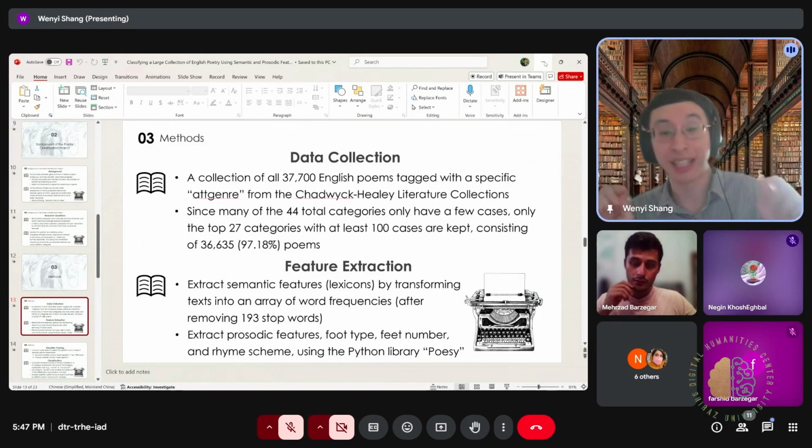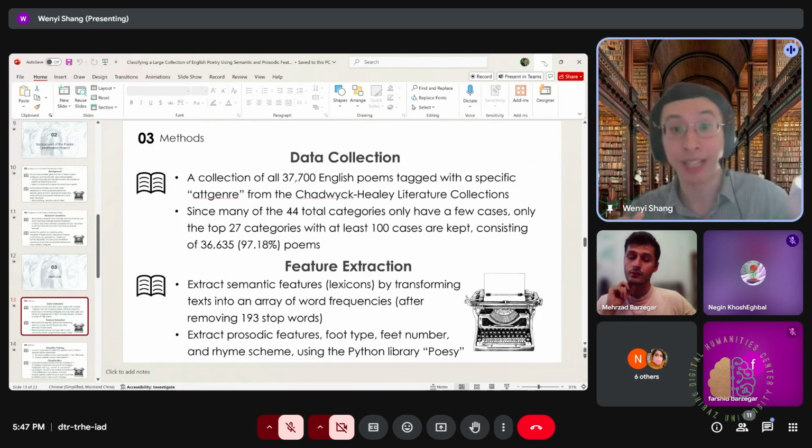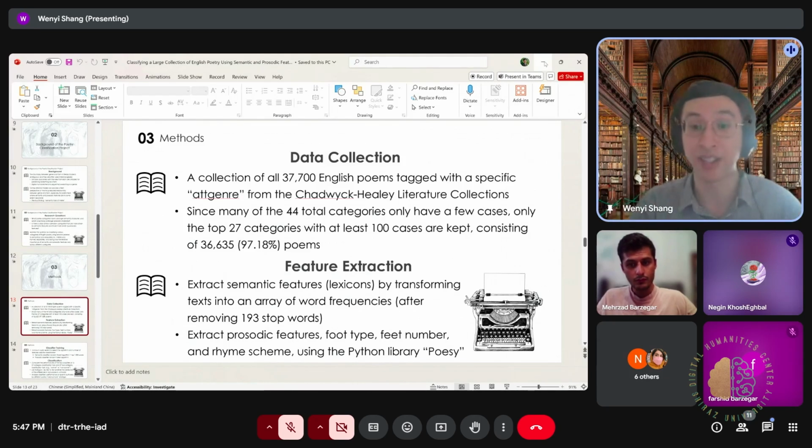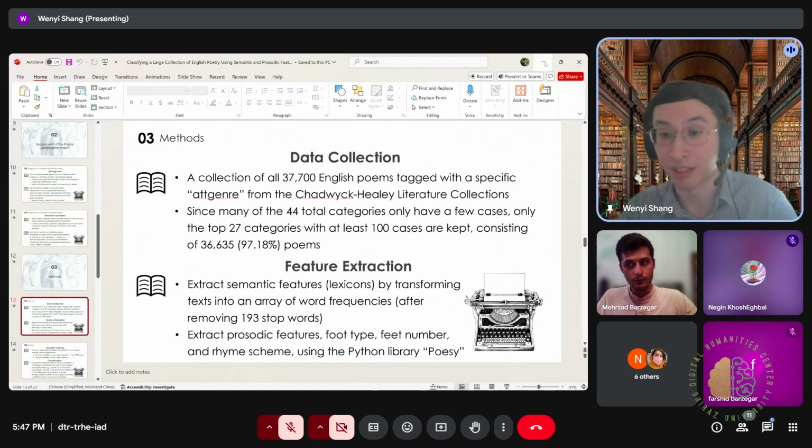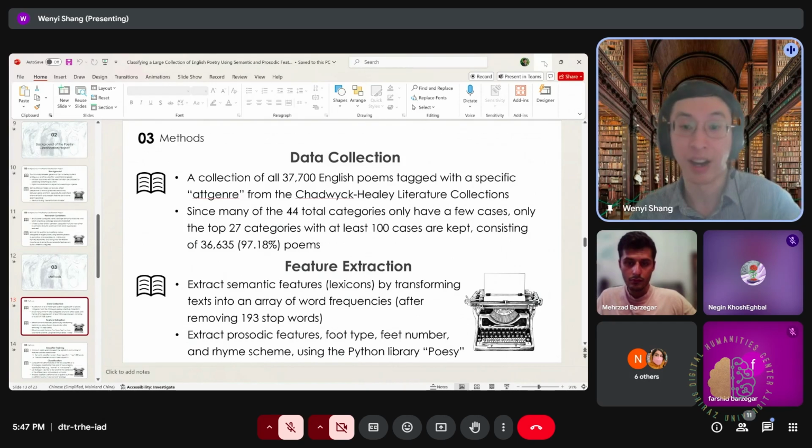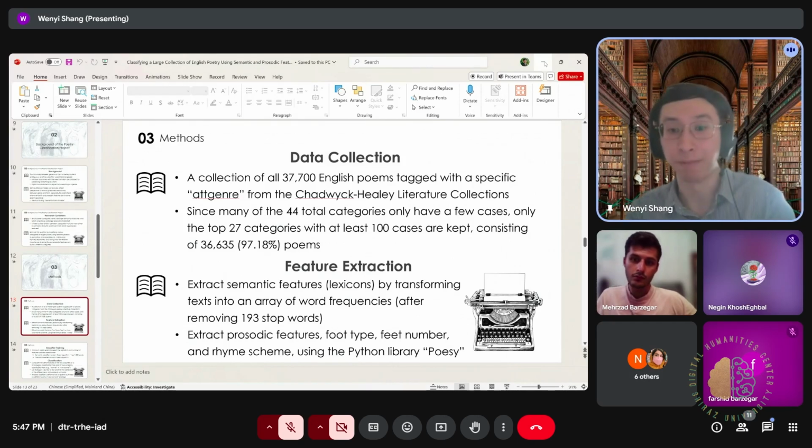So because canonical poems consist of only a very small proportion of the entire literary history, if we can include the great unread, it will be better for us to understand what is going on. But in this case, we're still analyzing the somehow canonical. We're just analyzing a large collection of canonical poems. There are some modern poems, some 20th century poems in our collection, but they're not like the ordinary poems composed by everyday